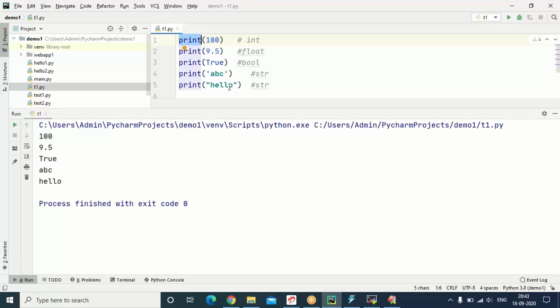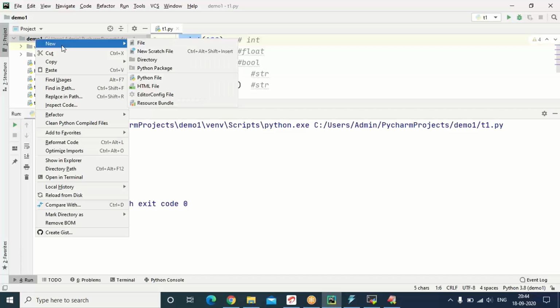How to print the data in the same line? There are two approaches for printing data in the same line. Let us see both the approaches in the next program.